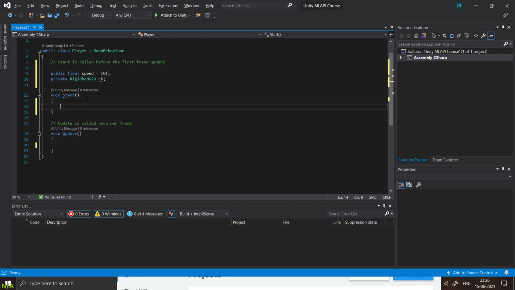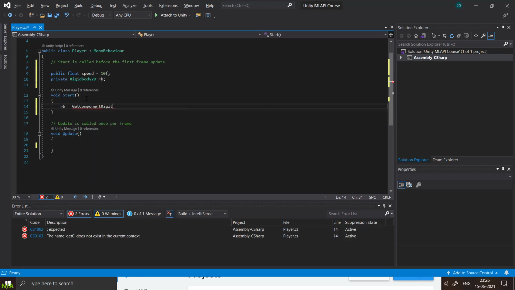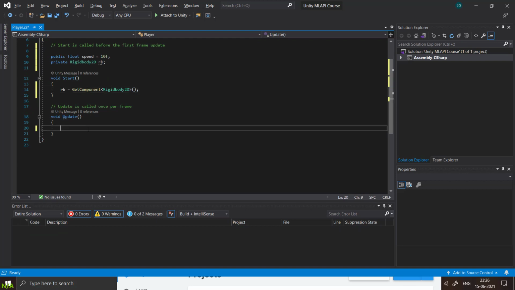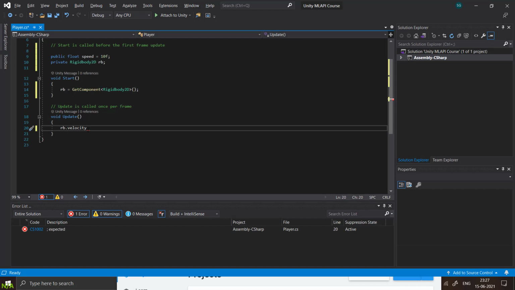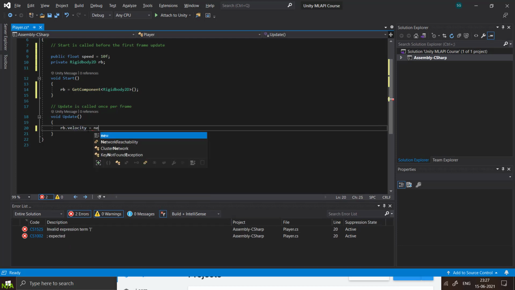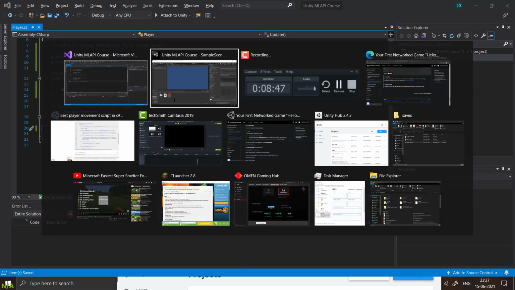Now rb will be equal to GetComponent Rigidbody2D, and we will just write rb.velocity is equal to new Vector2 of, let's say, speed, comma 0, and let's see if this works.